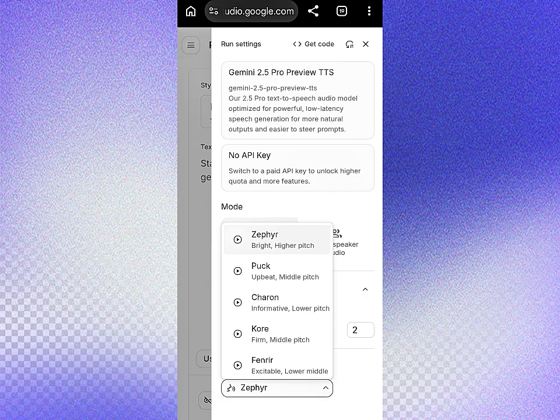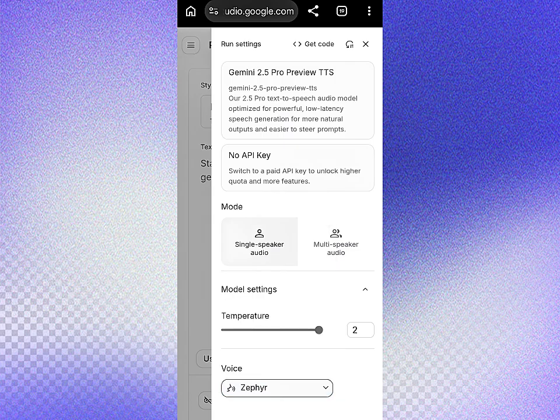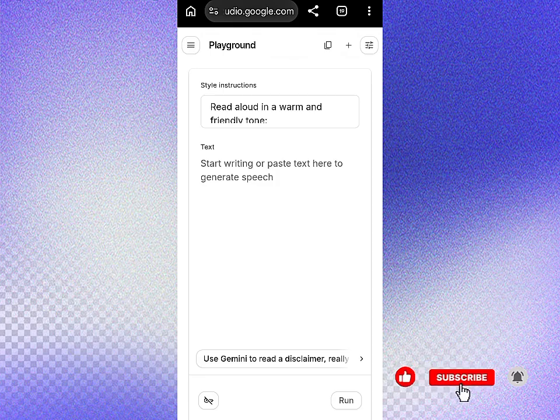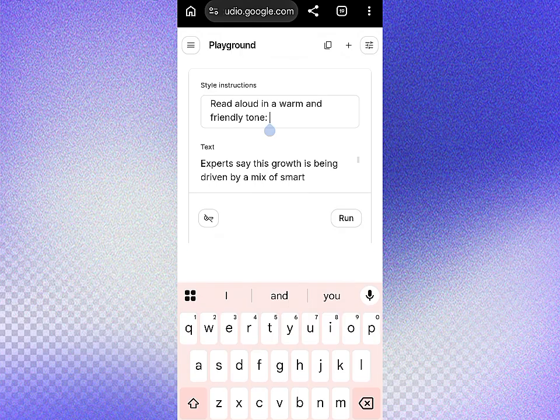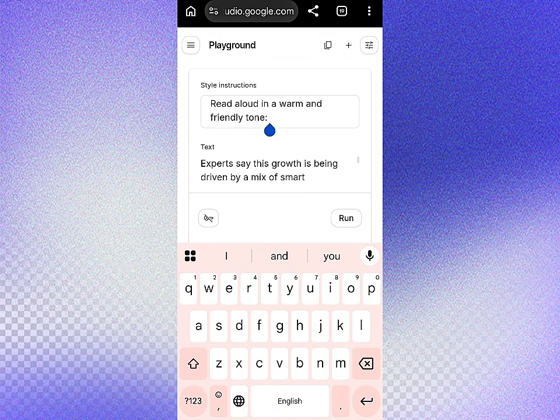Okay, so you just listen to them and pick the one you want. So let's say I'm going for this zip file, okay, and then I close this place you're seeing here, and then I'm going to put in my text that I want it to read aloud. So you can see, and then I'm going to come here and put my instruction. I said I should read aloud in a